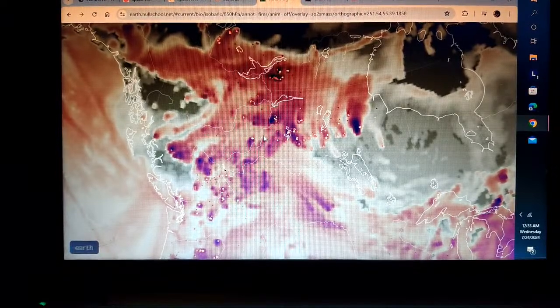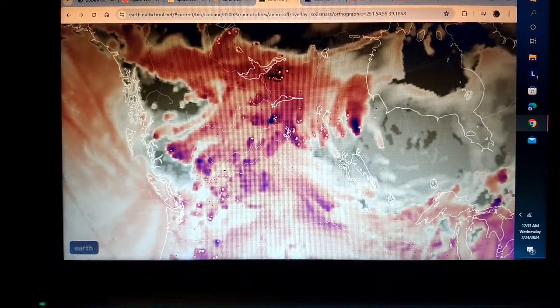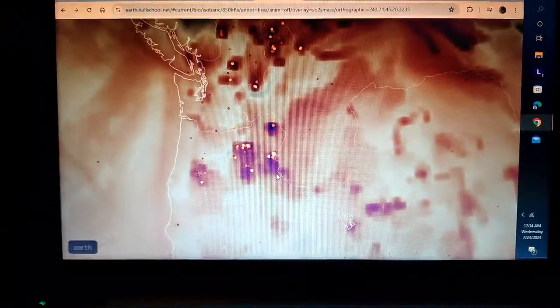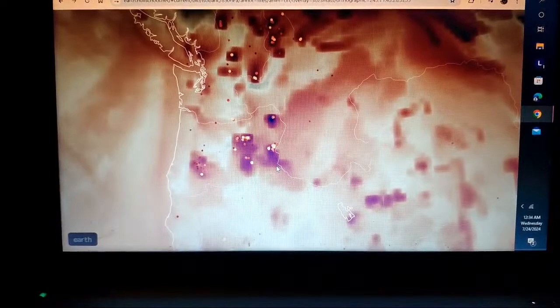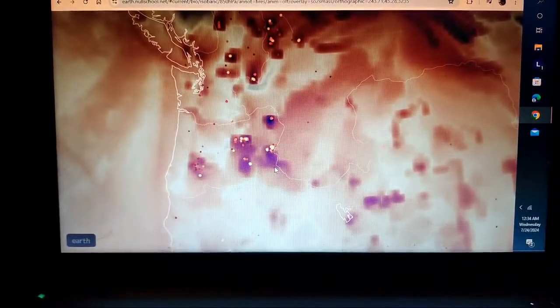It should be no surprise that any kind of volcanic site could erupt. All right, we do volcano reports every night. The fact that this park was open and that they had people walking on the boardwalk, maybe we should get these scientists over at the U.S. volcanic survey to come over to my channel, and I could talk some sense into them and tell them, look, we're having SO2 emissions from sites.